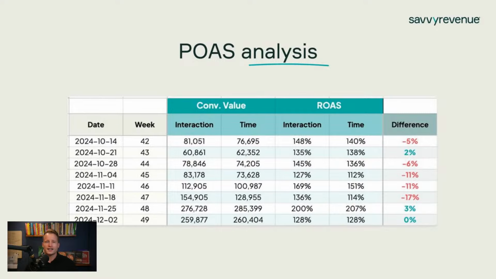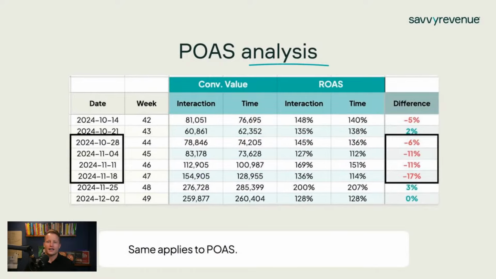Now, if you do the same analysis from a POAS perspective, it's funny how the numbers are more or less exactly the same, where you look at it and you go, okay, in the weeks leading up to Black Week, the same applies. More and more people are waiting. And so the ROAS by time, the POAS by time we're looking at will have to be lower, because if you don't do this, then you're going to come into Black Week with too narrow of a focus for smart bidding, and then you're simply not going to get the volume you need without overbidding like I did last year.